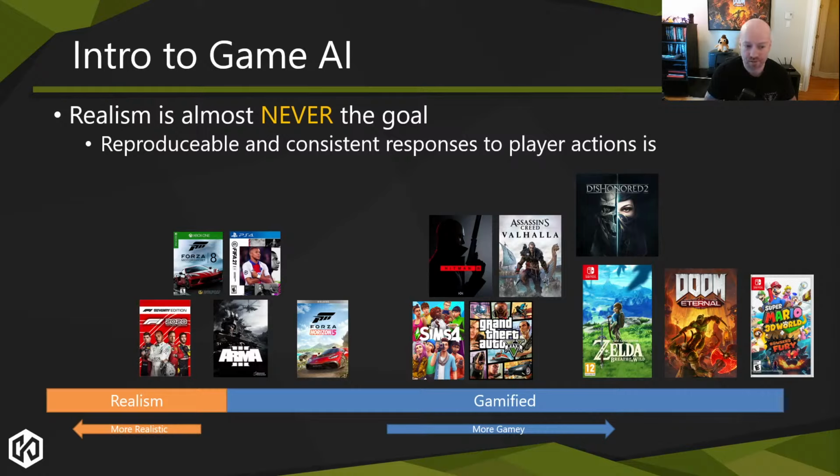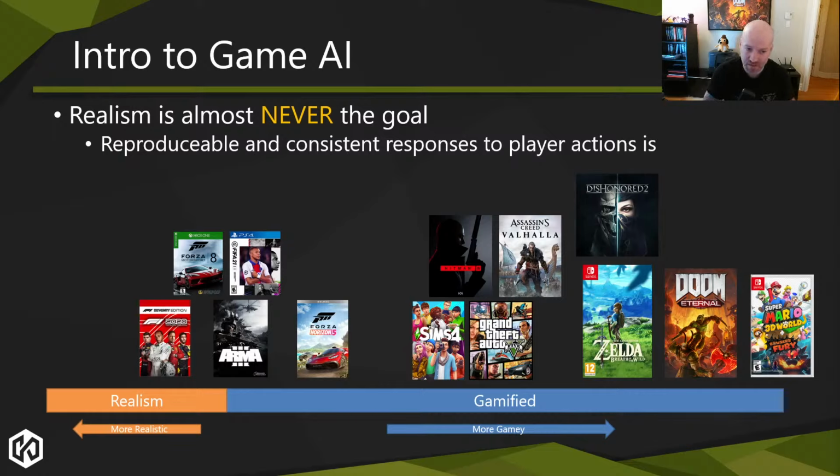If we look at all the games, even The Sims, they are not FIFA or the hardcore racing games and stuff. They are still kind of gamey in a lot of ways because they have to be due to the input constraints, due to the medium, those sort of things. They are still gamified in a lot of ways. And if we start to look at the actual games, there's little to no realistic reactions to things. We have to artificially delay reactions, have non-realistic responses to the player's abilities and those kinds of things because we want to have a specific gameplay loop. We want to have a specific reaction, those sort of things.